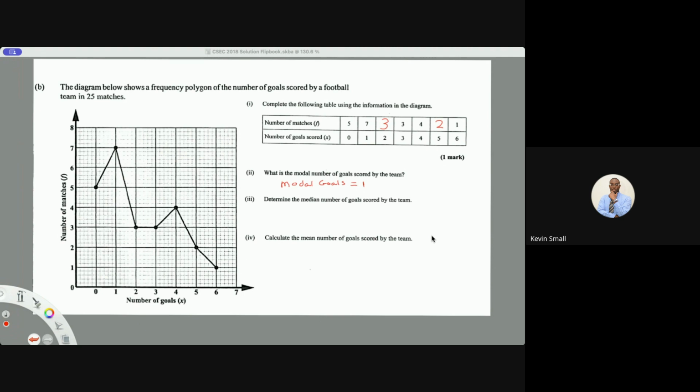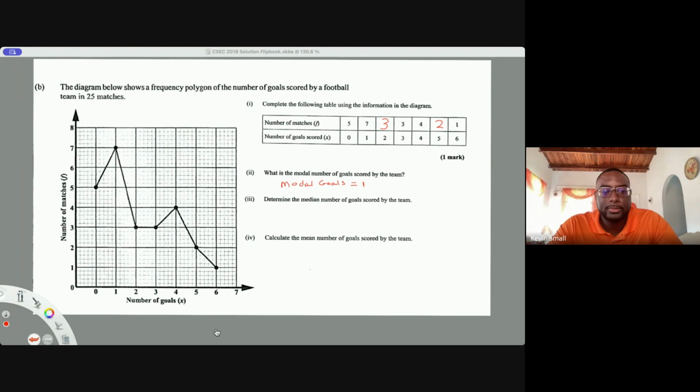How many goals were scored in total? Let's establish that first. What was the total frequency of goals? So the first thing you should look to do